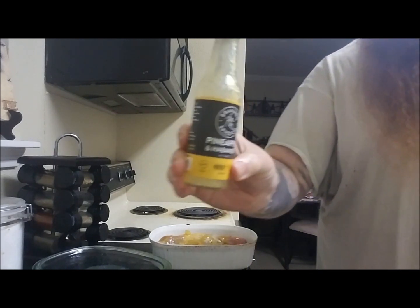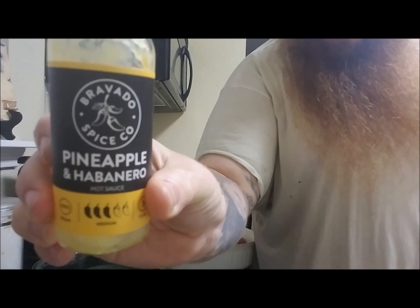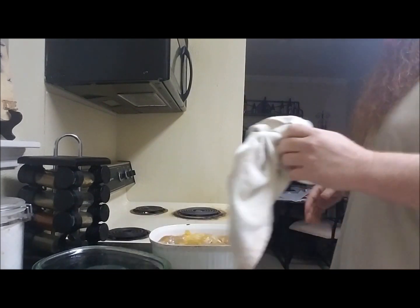And again, this is Bravado's pineapple habanero sauce. The ingredients are pineapple, white wine, vinegar, yellow bell pepper, habanero, garlic, and sea salt. So habanero is way down on the list, so it's not going to be super hot. Pineapple is your main ingredient,